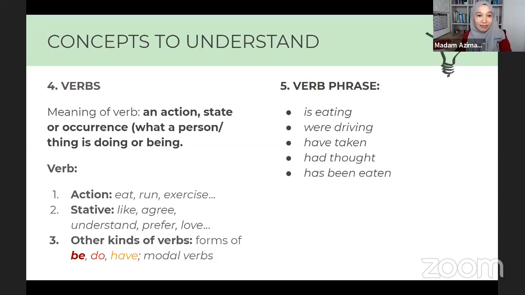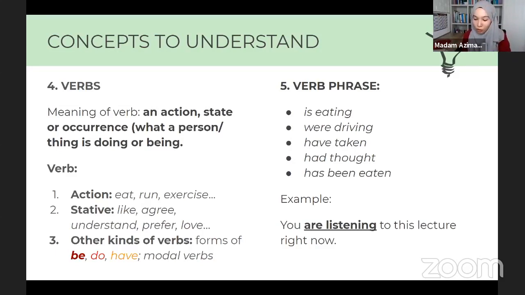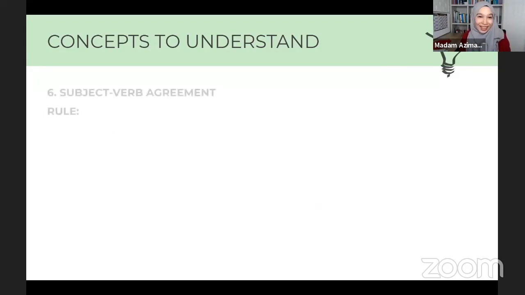Has been eaten. My cake has been eaten. Okay. So example, you are listening to this lecture right now. Are listening, that by itself is a verb phrase because it's a collection there of verbs. Okay, so far so good. I hope you're clear. Now, moving on to the 6th. I want you to get to the next level concepts to understand, which is this